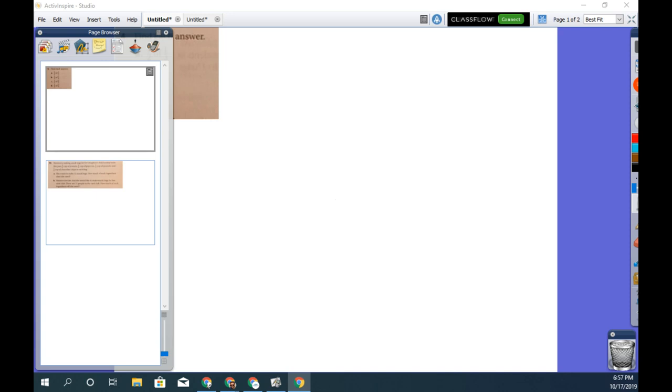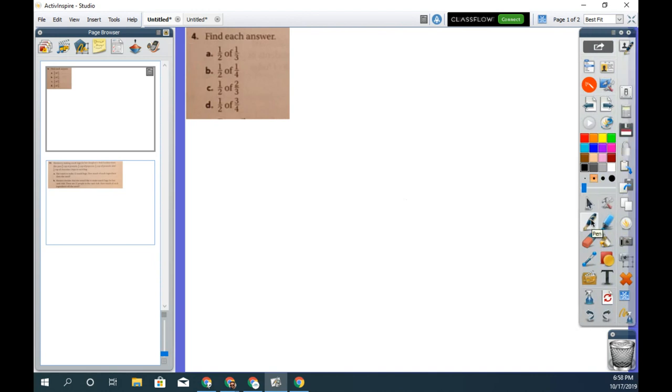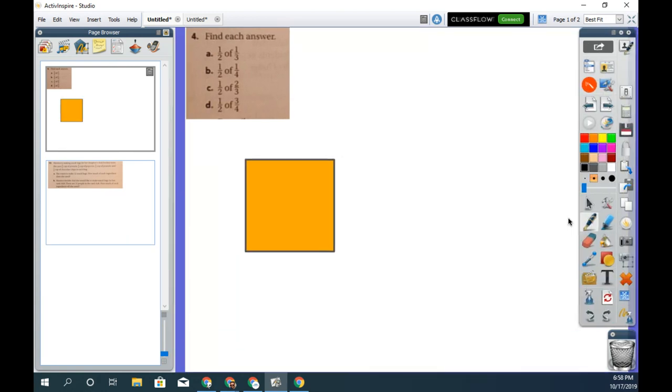All right, family. So here is the homework for the evening. I assigned page 37, numbers 4 and number 10. So this one's pretty straightforward. We have been finding fractions of fractions. We have been using an area model, and we have been dividing that area model into the fractions given in a problem. So for example,